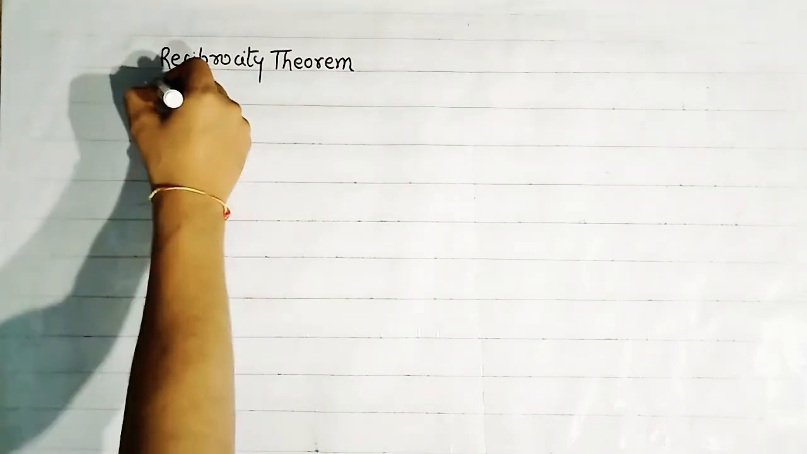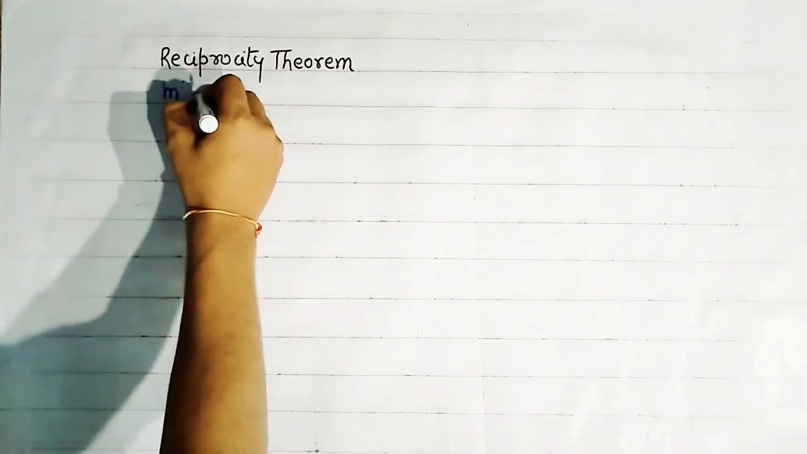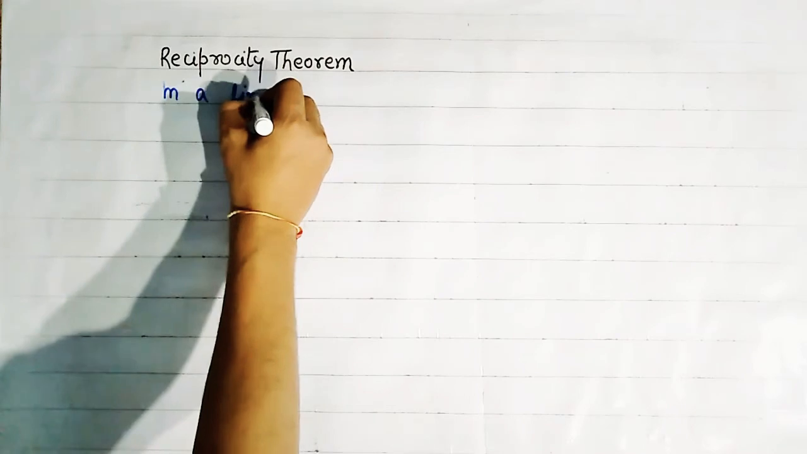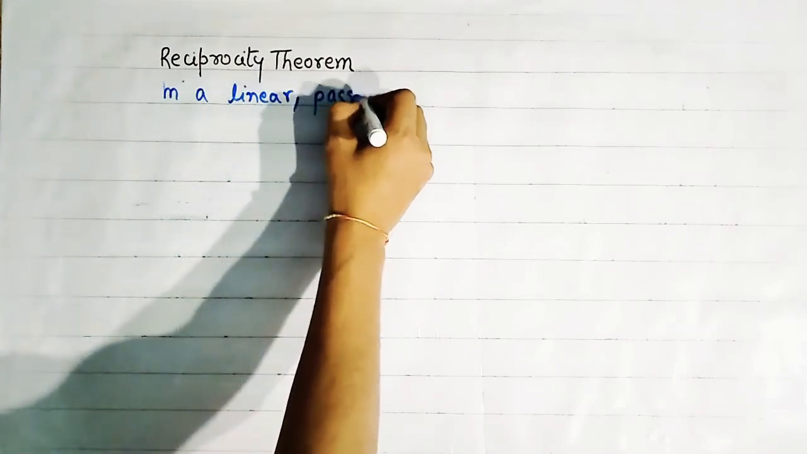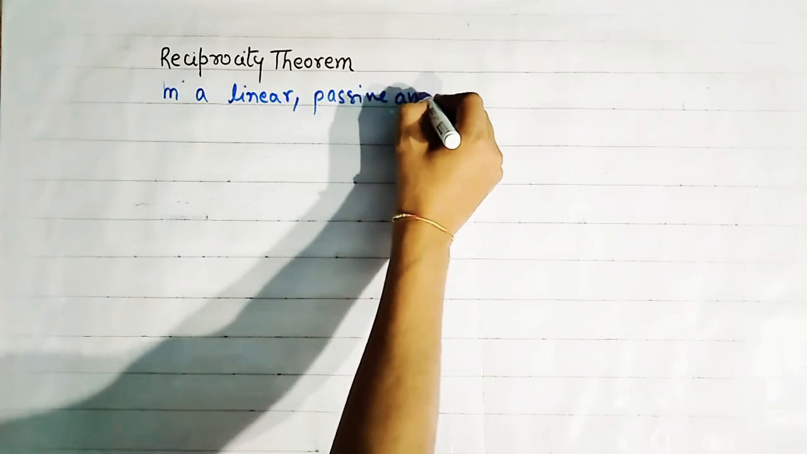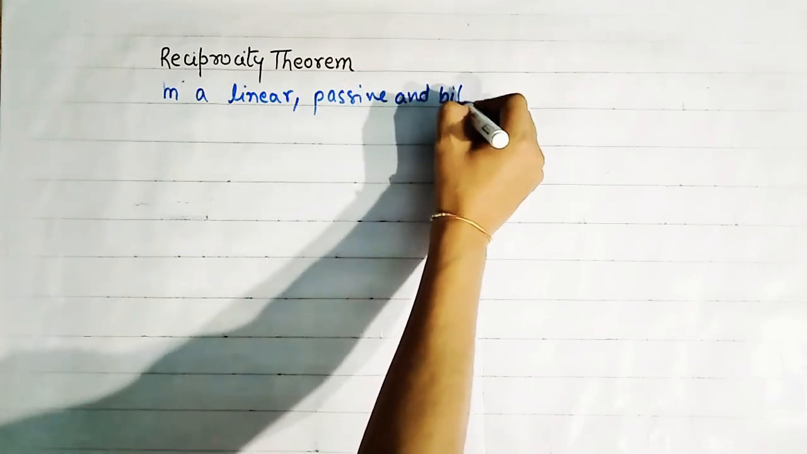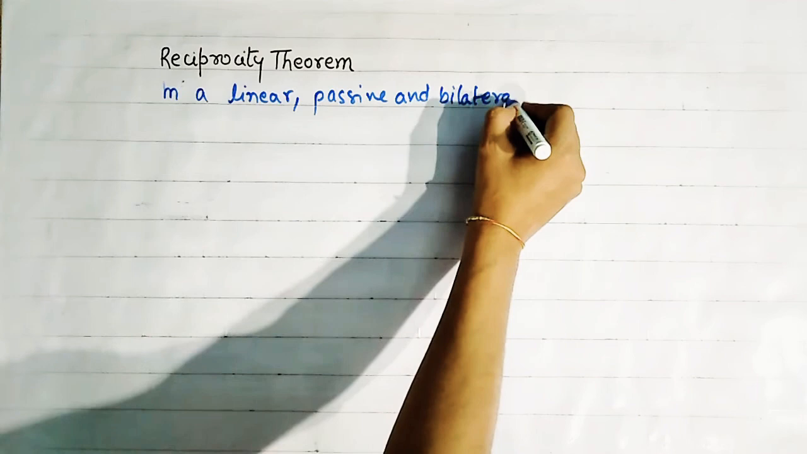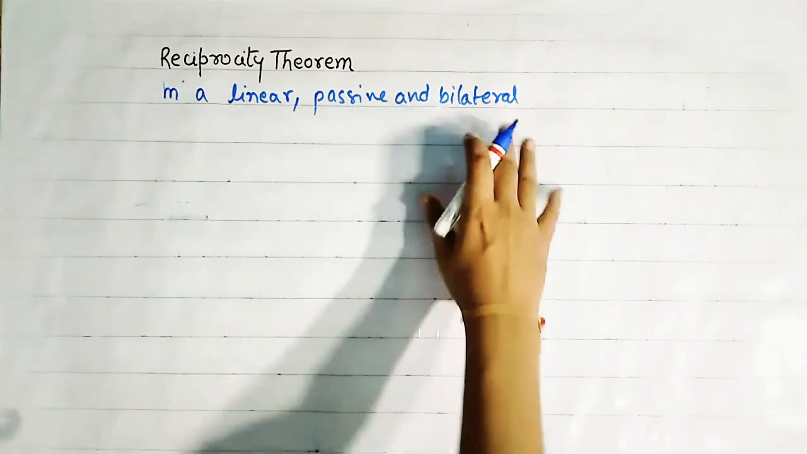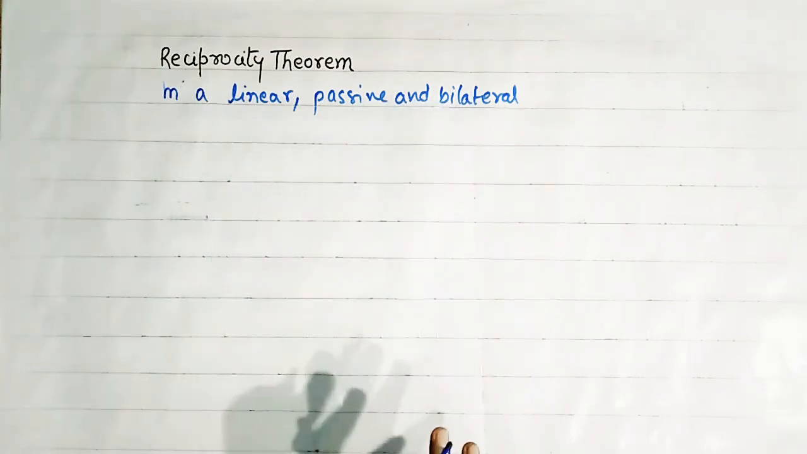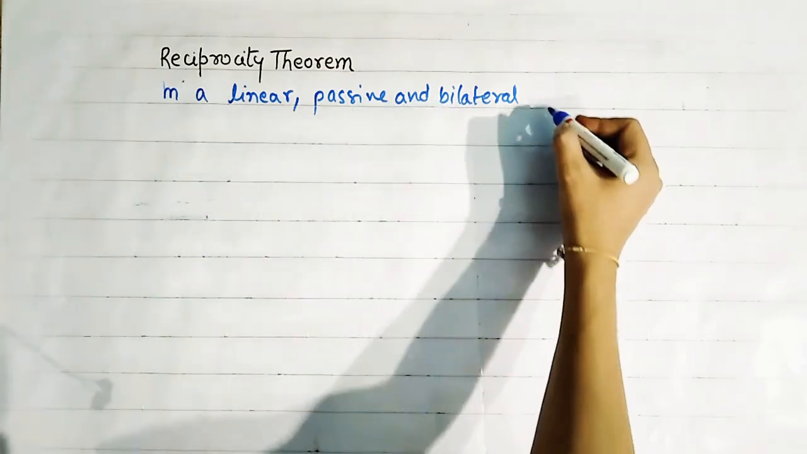So, in this statement, we observe that in a linear, passive and bilateral, it means the necessary condition to apply reciprocity theorem is linearity, passive and bilateral. So in a linear, passive and bilateral network,